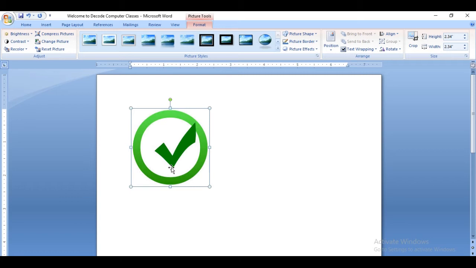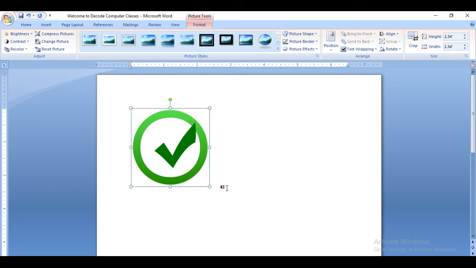Now there are other ways that you can insert a picture. You can use the copy option. You can copy the particular image from any other location, like on your desktop or in any drive where it is. You just press Control C and paste it here with Control V, and the image will be inserted in your file, right? And you can adjust that image according to your settings, right?